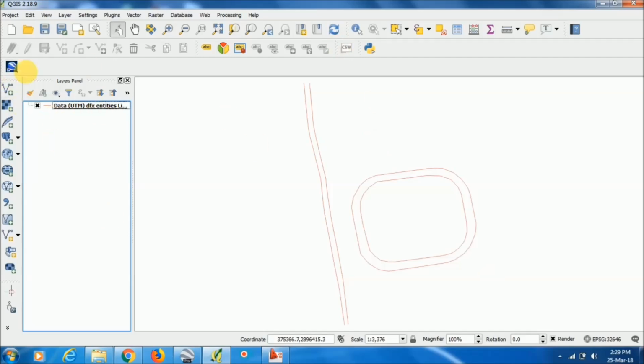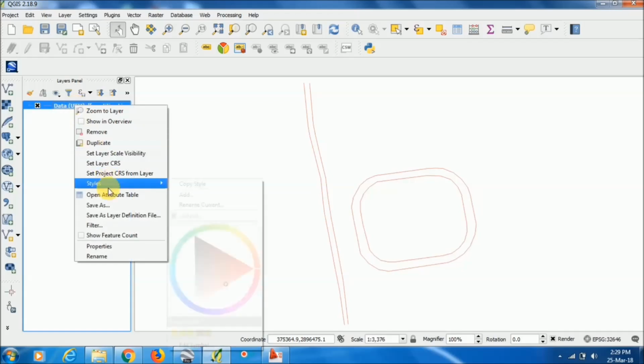After importing that DXF file in QGIS, you just have to right click on it in the layer panel, where you will find the DXF file you imported, and you will see the save as option.